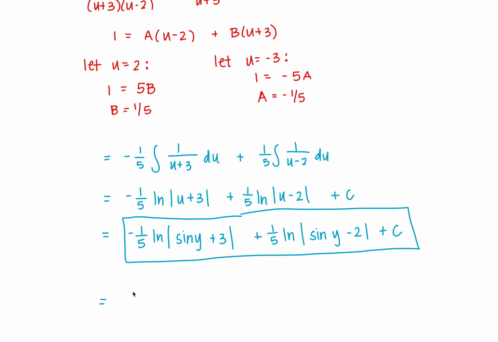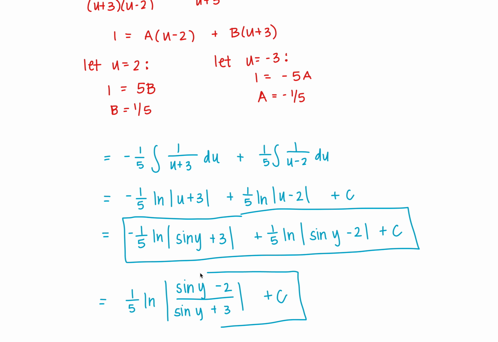So I could rewrite this as 1/5 times the natural log of the absolute value of sine y minus 2 over sine y plus 3 plus C. So you could write that as well. Both of them are equally